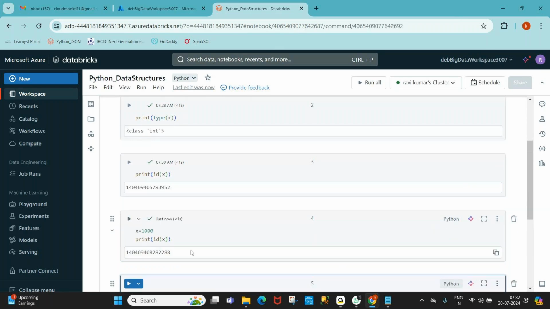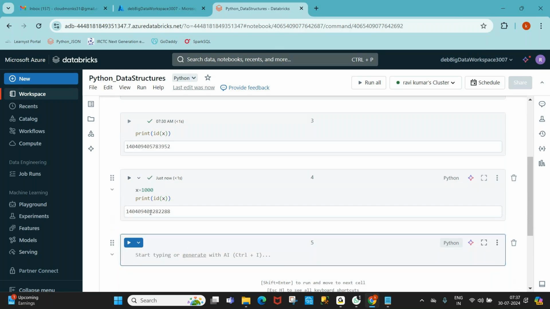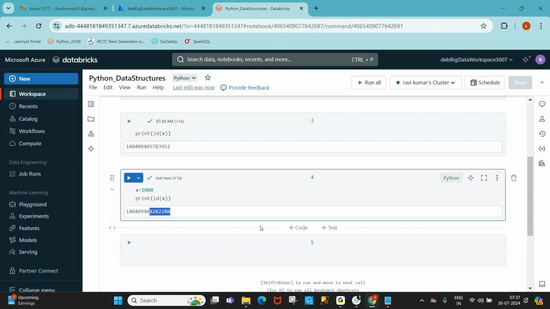Guys, this memory address is different from the previous one. The same variable is x, but this time it is holding value 1000.